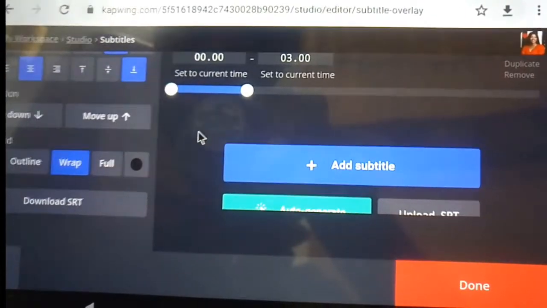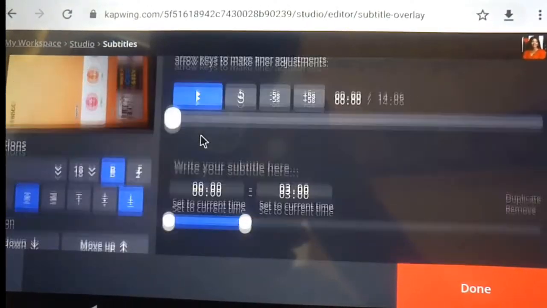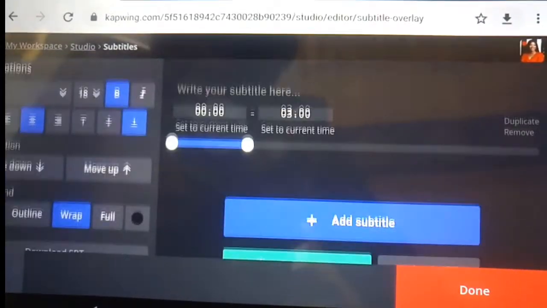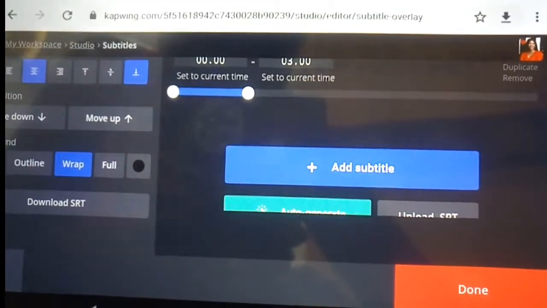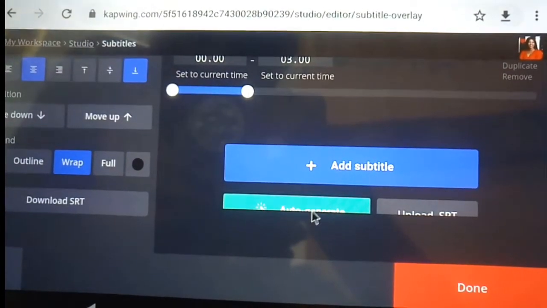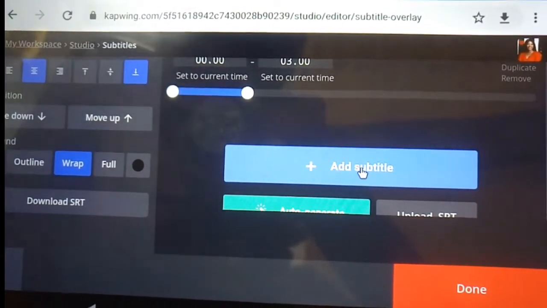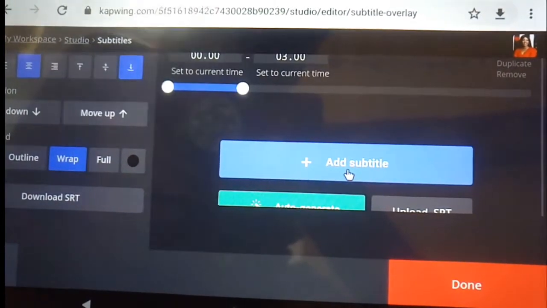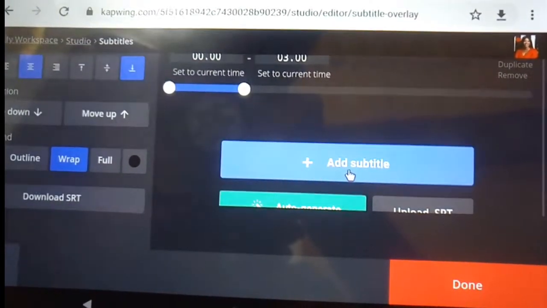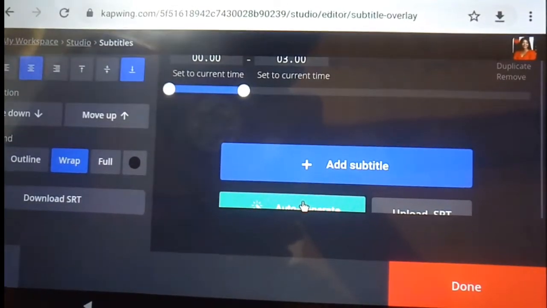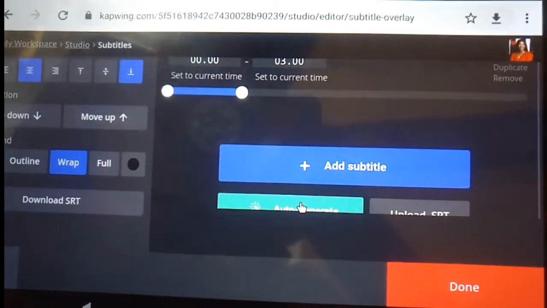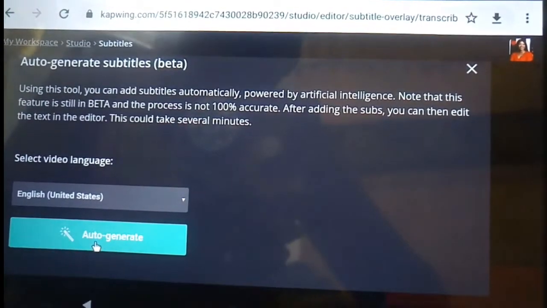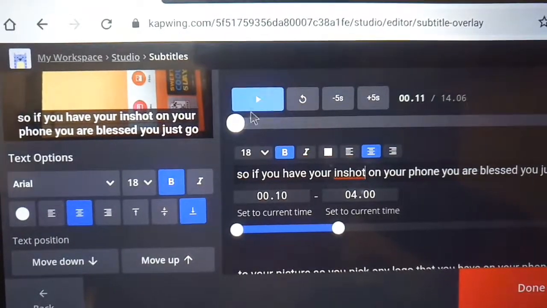You can see how it looks like. So you click the generate. You are the one that made the video, so you know what you said already. So immediately let us generate. If you have your own subtitle, like you can create from beginning to end, it's fine by you. Just click add subtitle. But if you know you cannot from the beginning, it is too much for you, that you don't have that time, you click auto generate, the green color. You click generate it now, and I've edited it.